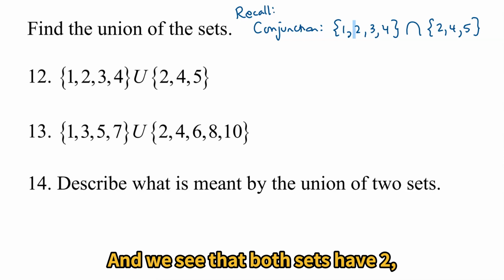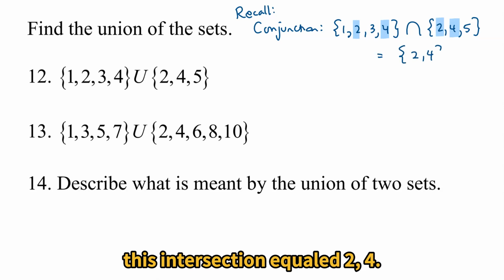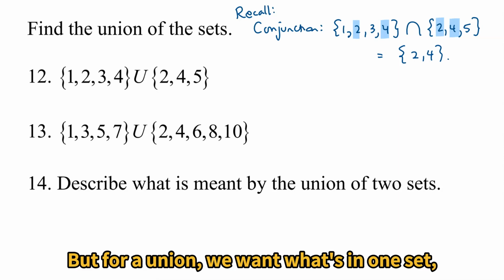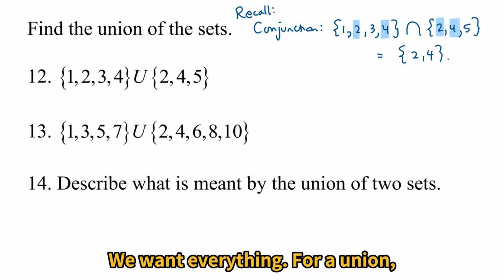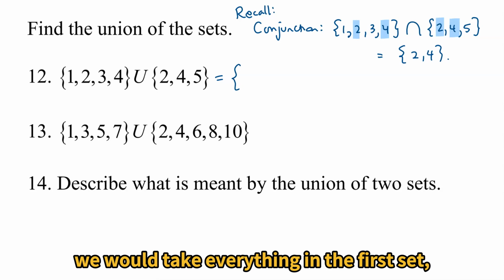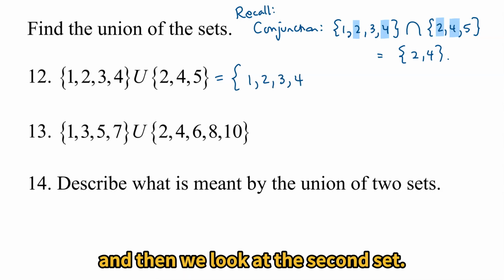And we see that both sets have 2 and both sets have 4. So in the conjunction, this intersection equaled 2, 4. But for a union, we want what's in one set, or what's in the other set, or what's in both. We want everything. For a union, we would take everything in the first set, 1, 2, 3, 4, and then